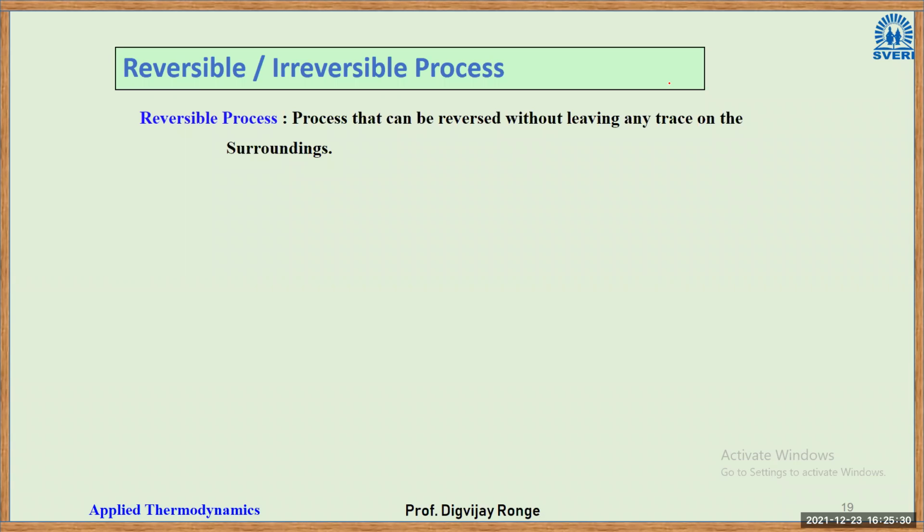Okay. A very near to real life example I can give is a spring. If you compress a spring, right? If you release it, it goes back to its initial position. So it is very near to a real life example, but reversible processes are imaginary. They are very important, by the way. Why? Because in that case, you will get maximum efficiency.